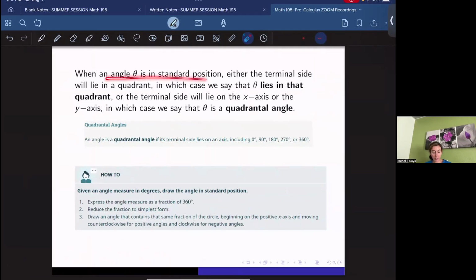When an angle theta is in standard position, either the terminal side will lie in a quadrant, in which case we say that theta lies in that quadrant, or it will lie on the x or the y axis, in which case we say that theta is known as a quadrantal angle. So our quadrantal angles